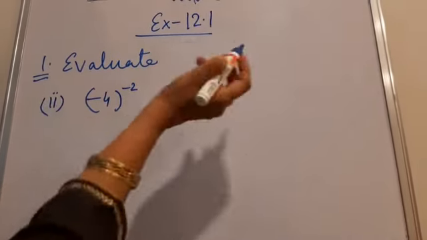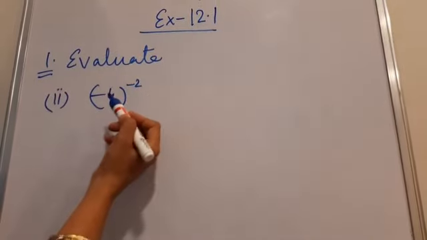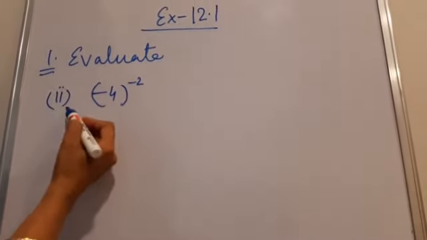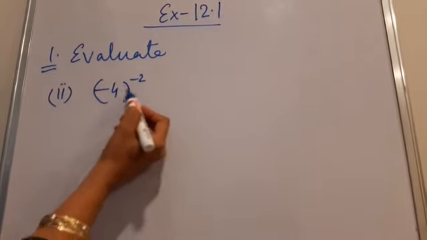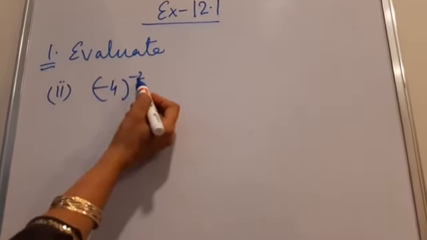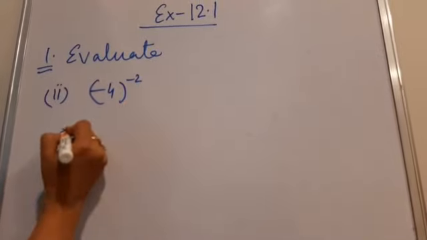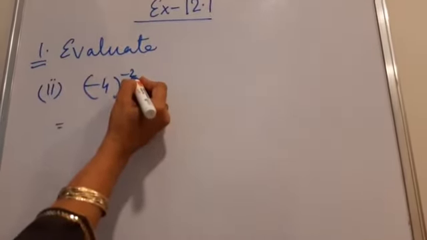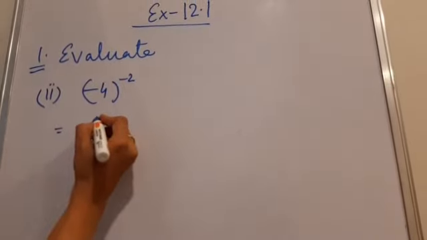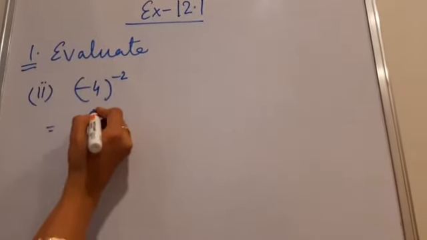Come to exercise. Question number 1 is evaluate. I am taking the second part of this question. This is given (-4) raised to power minus 2. We have to find out the result. Now when power is negative, how do you make it positive? By taking the inverse of the number given inside. So it will become